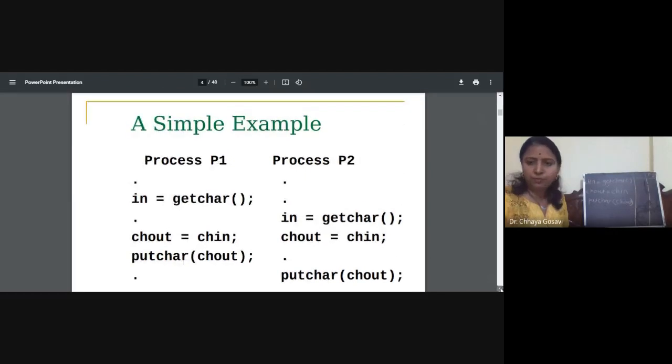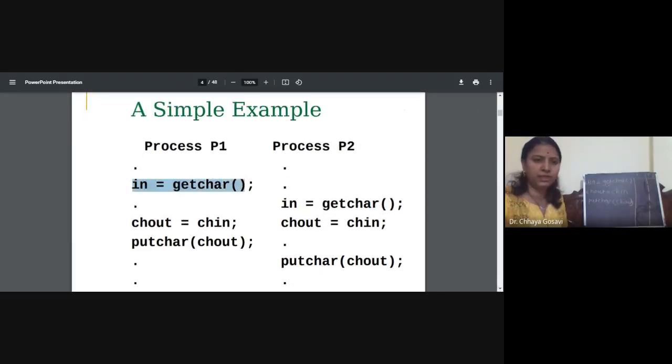See, process P1 is first reading a character. Suppose P1 entered character A in chin. We just have two variables, chin and chout.